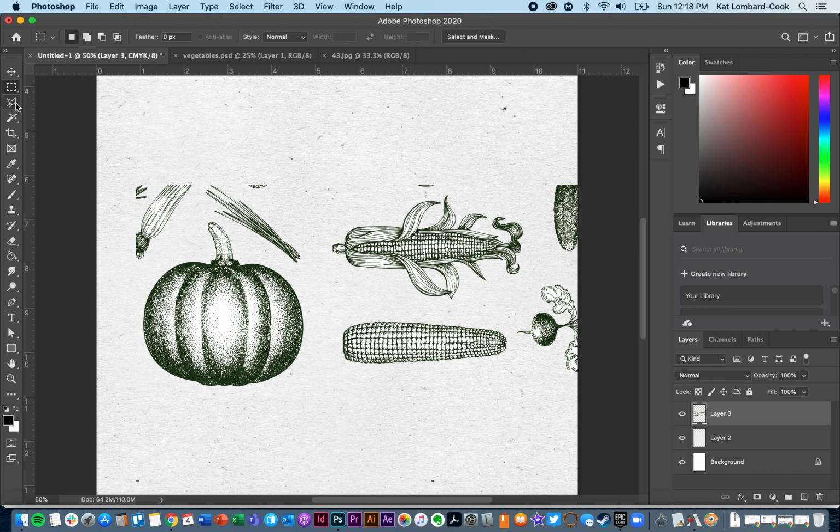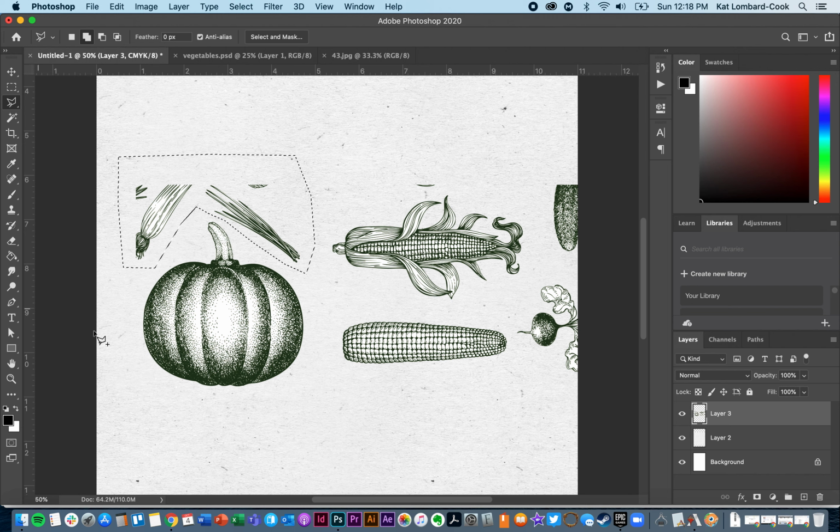I can also go in and use the other kinds of selections. So there's a polygonal lasso tool, and if I click and hold, you can see there's a lasso and a magnetic lasso. I like the polygon because it allows me to click and select another point, and I can see what I'm doing. Each time I click it just lays down another anchor point. So I know I want to delete all of this stuff, so I'm just going to go